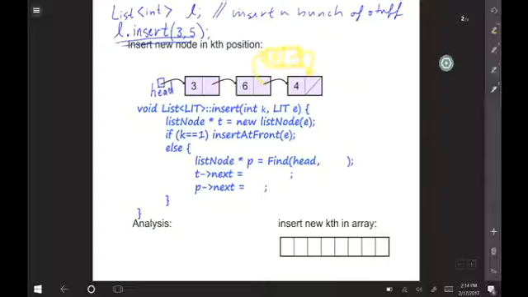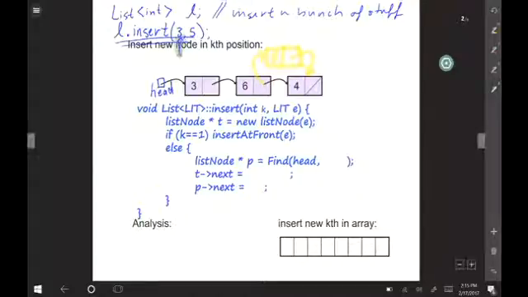Now, how did I know to put it there instead of after the 4? This harkens back to the experience we had last time where we reminded each other that we're writing code for the client. That is, when you say the third position in a list, the first position is the first position. There's no such thing as a 0th position. That's anxiety that we should just get rid of. Okay, so when we talk about the third position, we mean the first, second, third. Okay? All right.